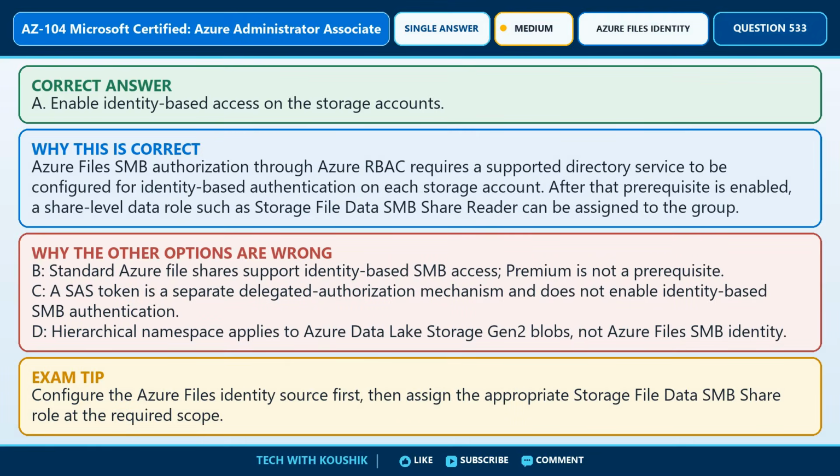The correct answer is option A, enable identity-based access on the storage accounts. The key reason is Azure Files SMB authorization through Azure RBAC requires a supported directory service to be configured for identity-based authentication on each storage account. After that prerequisite is enabled, a share-level data role such as storage file data SMB share reader can be assigned